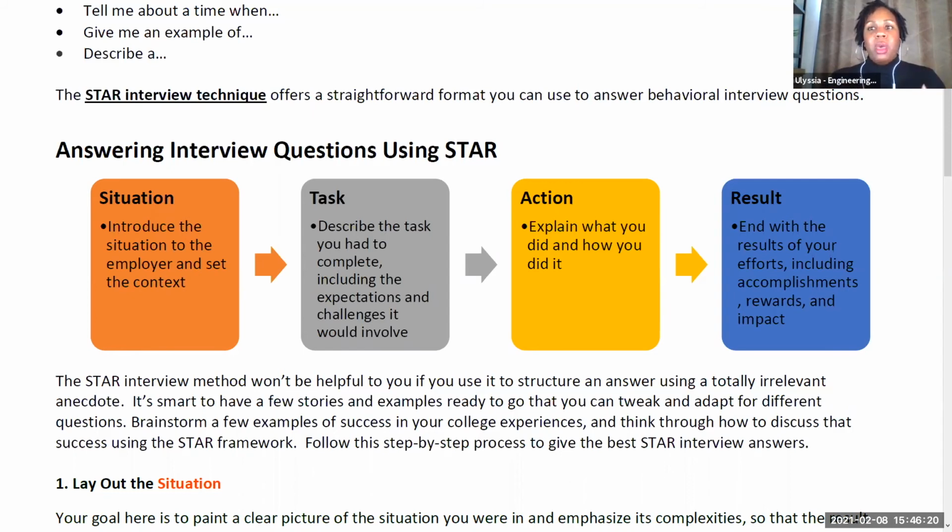Take the time practicing how you answer the questions, okay? And again, it's not about being perfect. You're a human being with a personality, with experiences. Trust me, you all, employers want to see that. They don't want to talk to a robot, they don't want to talk to an AI system. So don't fret too much about